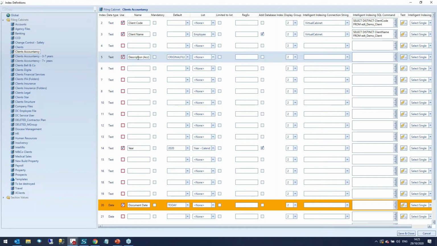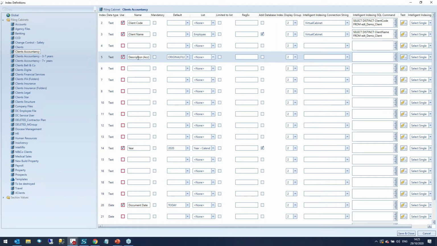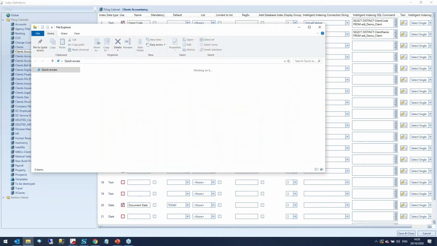And then this one, the last one that I'm going to talk about, and probably the most popular of the lot, is this original file name default for the description. So it's ORIGINAL FILE NAME, all in capital letters, all one word. And what that does is it defaults the name of the document in as the description without you having to. So where this probably comes into its best is